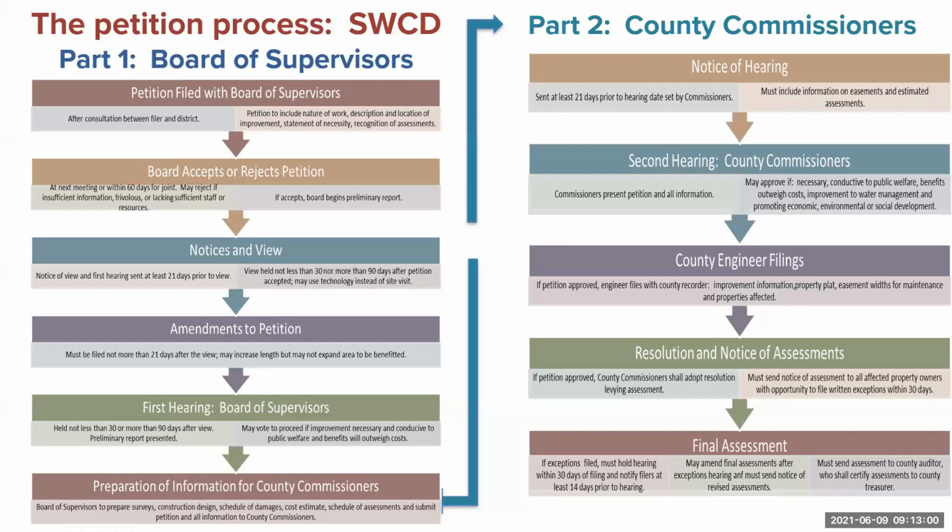We tried to make those timelines make sense as to when things had to be done. We tried to align those with how it happens over in the county engineer's office as well. We tried to update notice lines and requirements as well. So you can see the process that a petition will flow through once it is filed with the Board of Supervisors. And I will share this with the material so that you can have this. And I'll also share the county engineer flow chart as well.